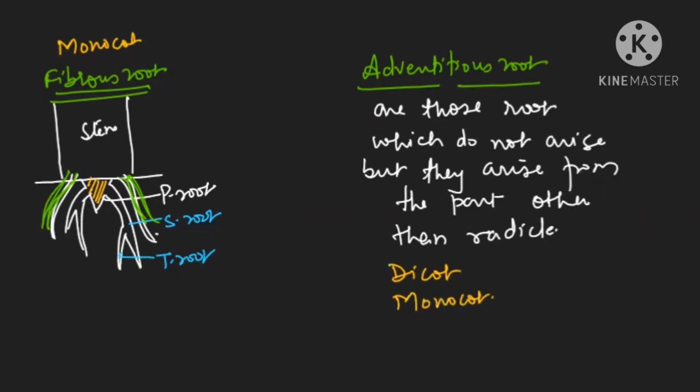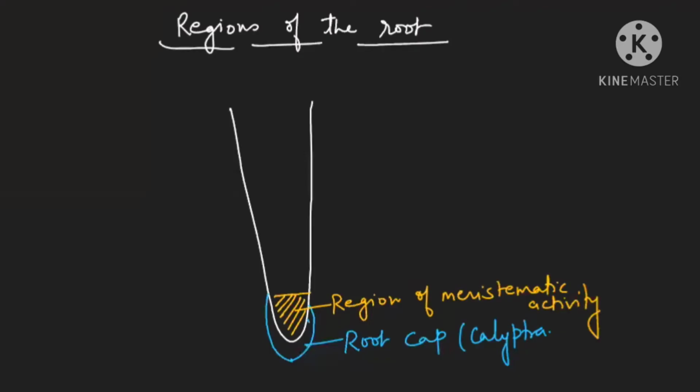Now let us study the regions of the root. Now see, regions of the root. See, this is the meristematic area. Meristematic area, you know very well. These are the ones which have the power of division. And the meristematic area is covered with the help of the root cap. Now, after this, you are finding this zone. Let me use a different color. Only imaginary, okay. This is a region where the cells are getting elongated. So this is known as the zone of elongation. So this complete region is known as the region of elongation.